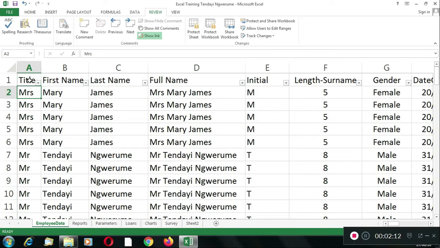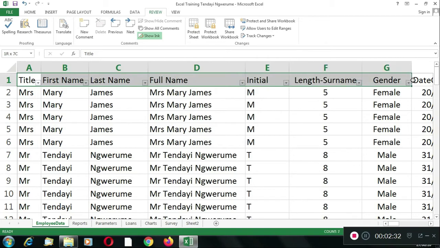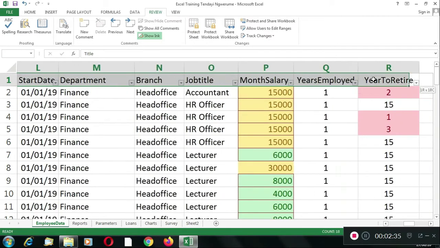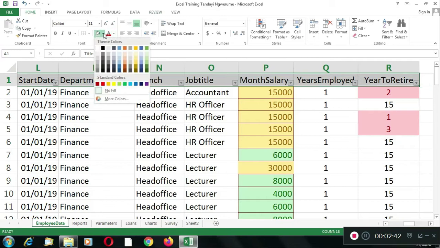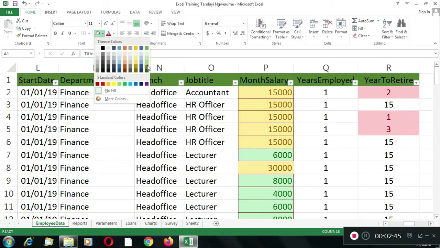To begin with, I would like to make a few changes to my worksheet because it is looking very plain and very uninteresting to look at. So the first thing I would like to do is to highlight my column headings so that they don't look like the data. So I highlight column headings up to years to retirement. Then I go to home and look for my fill color, and I'm going to look for one of my favorite colors,